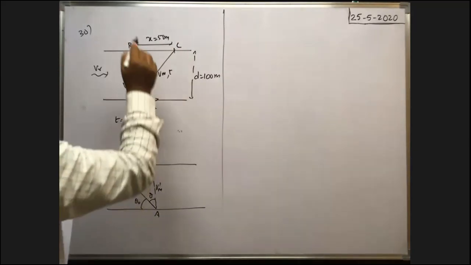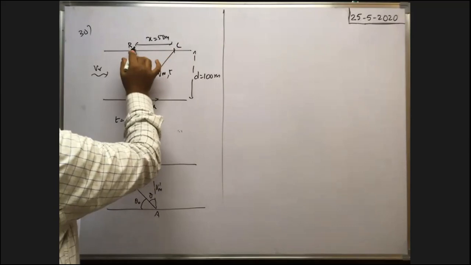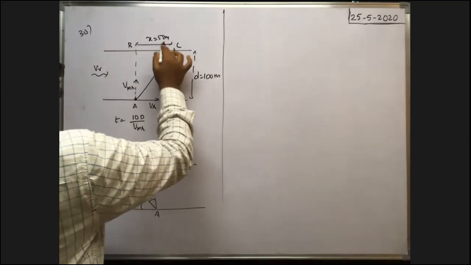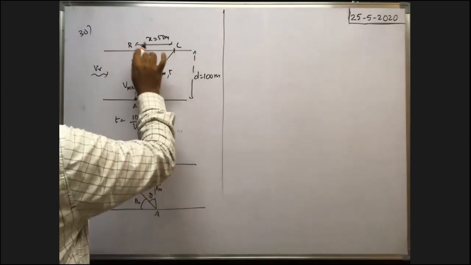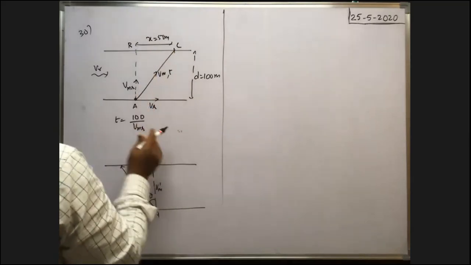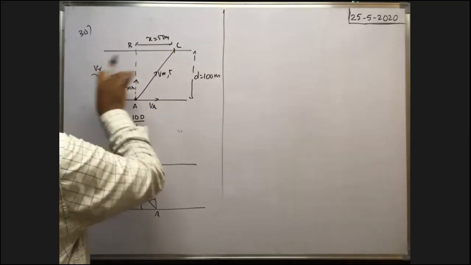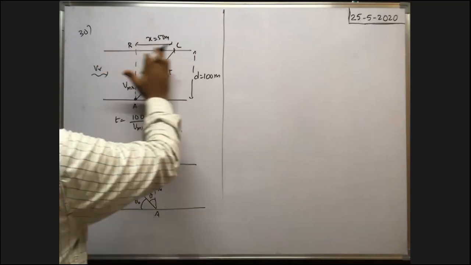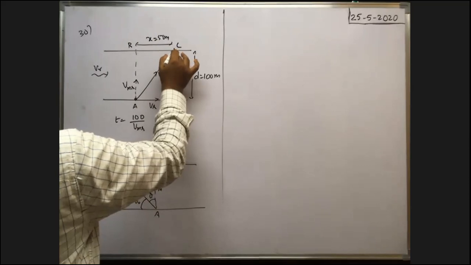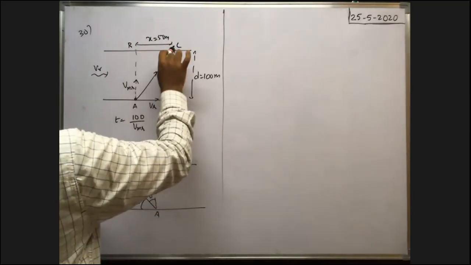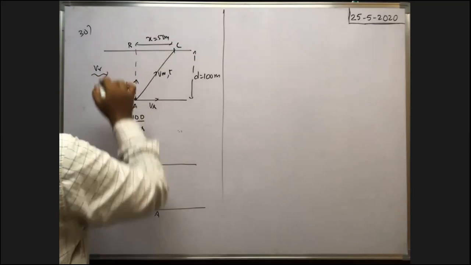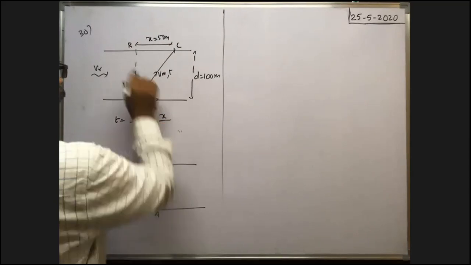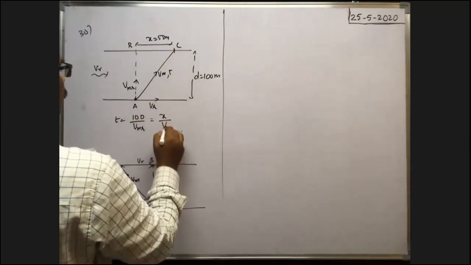But at the same time, while the man crosses the river, in the same time the man travels downstream through a distance of 50 meter, no? That means the time taken for the man to travel this much distance is also the same, no? Because while traveling in this direction, this man was pushed by the river flow. That's why along this direction with the river velocity, the man travels, and before he reaches the point C, in the same time T he travels a distance of 50 meter downstream because of the river flow. That's why this is also equal to: time taken is equal to distance by the speed of the man in this direction, which is only the velocity of the river. Okay.